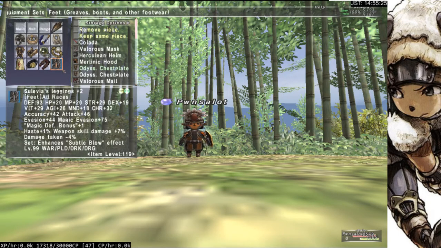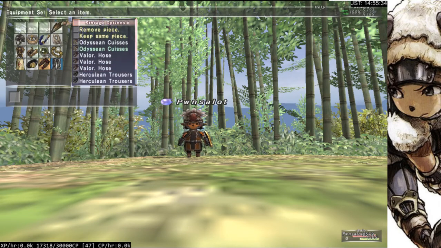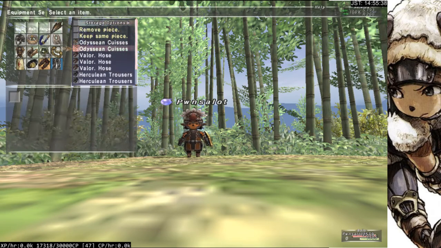So that's basically another Ambuscade cape for your atonement damage. So we're getting there. When we add it up, it's adding up. And then the Valorous hose, I didn't have this last time we filmed either. I had a Sovereign leg in this slot, but now I've got the Valorous with